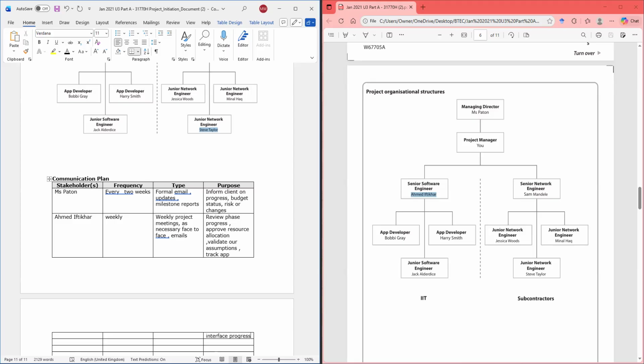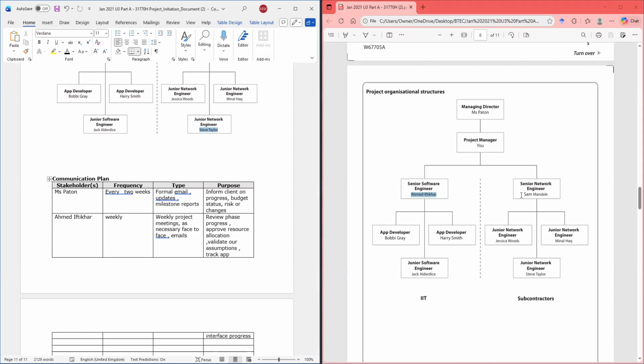Right? So these are the things that we can do. App interface progress, app integration progress. That's what we are going to meet with this guy for. So can be anything, app integration, right? Anything that's on the set task brief that comes under this guy.